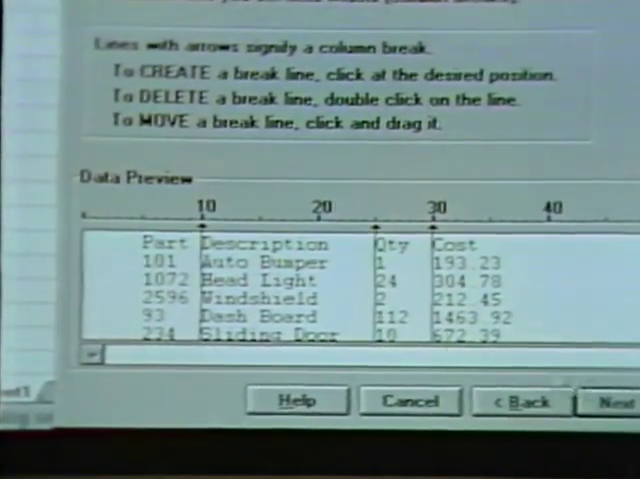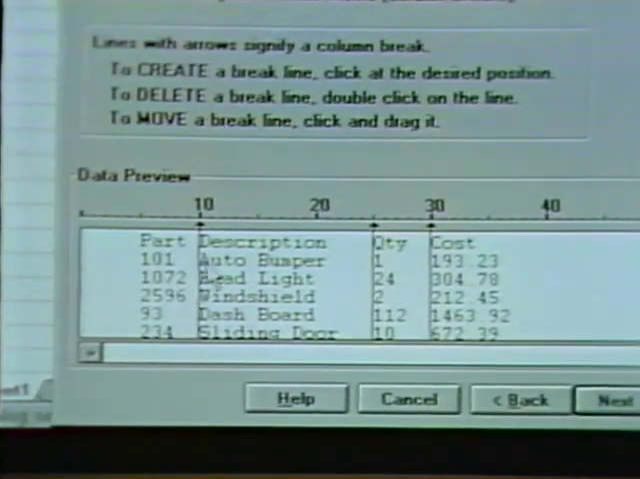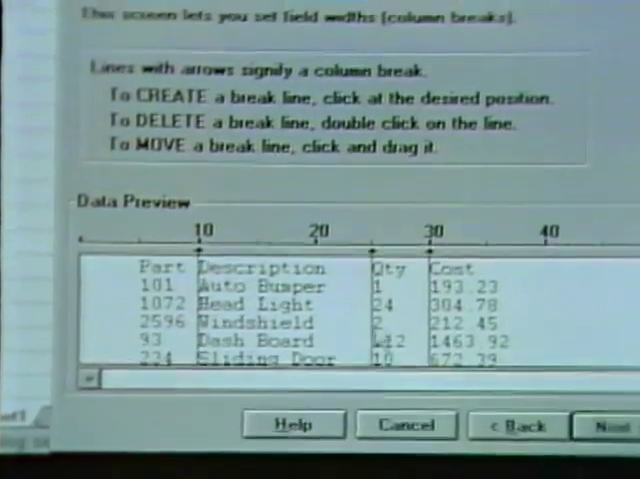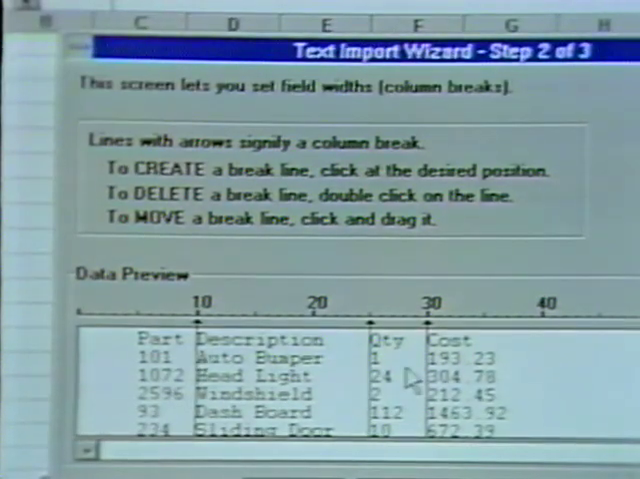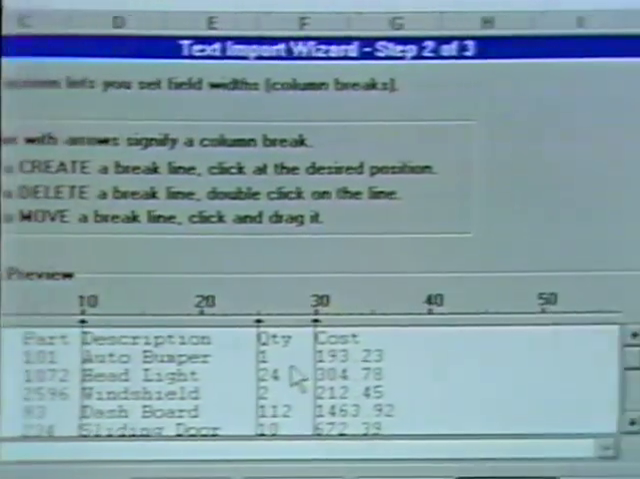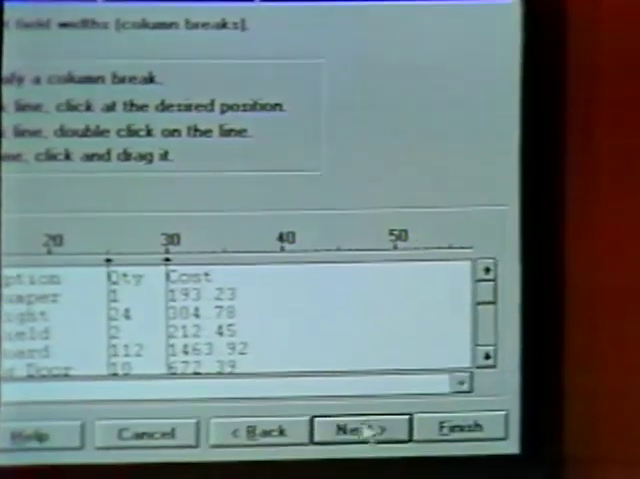Now we're allowed to make some modifications. The items are broken up like this in columns. We have some options of creating a new break line, deleting a break line, or moving a break line to separate the columns in different ways. Now we go to the next step,